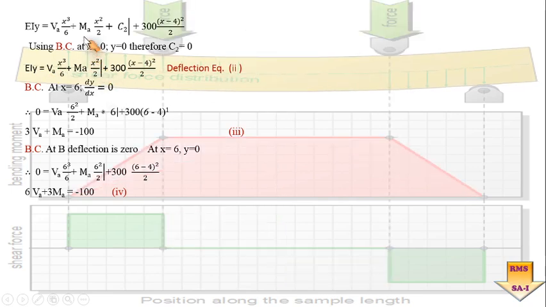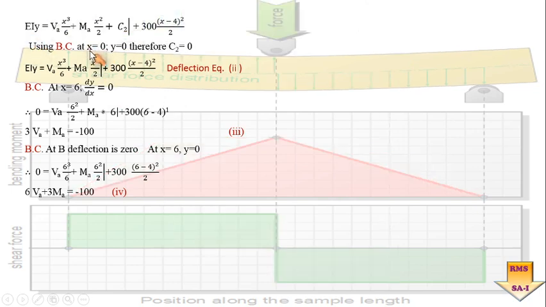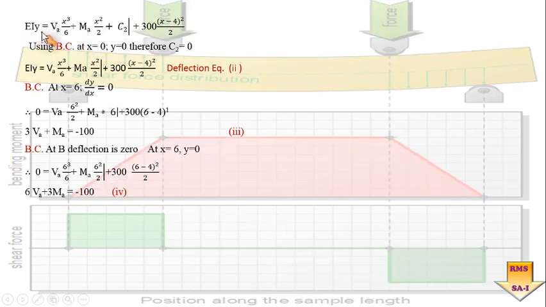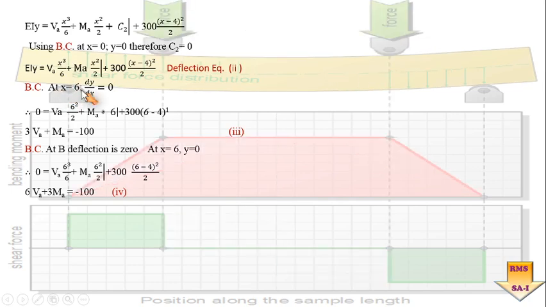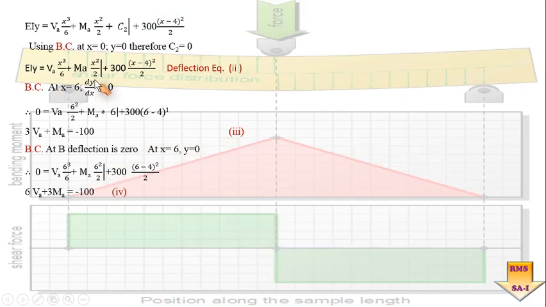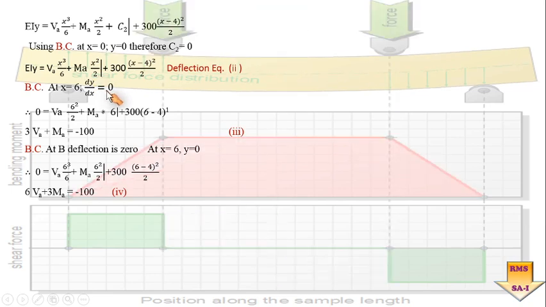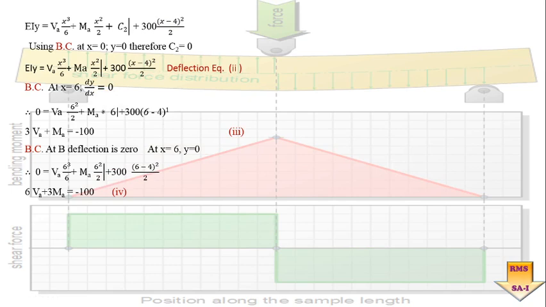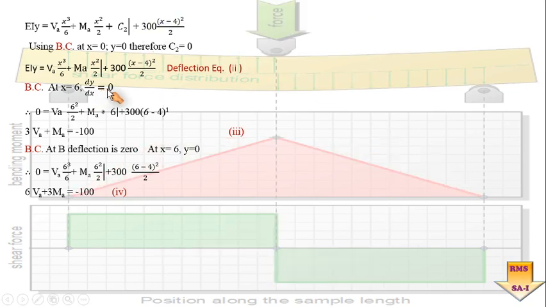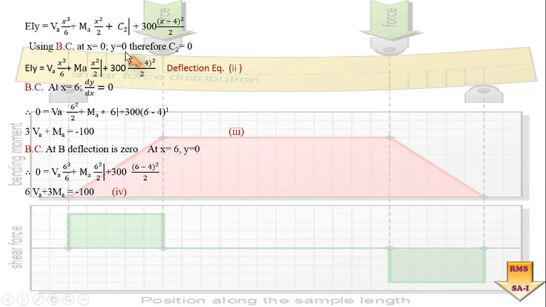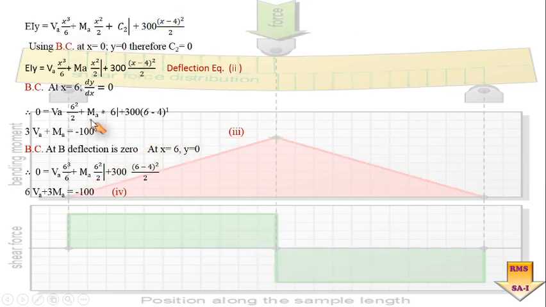Now by this time we have simply talked about when x was equal to 0 for the slope as well as for the deflection. Now let us talk in terms of the total span where x is equal to 6. So again at x is equal to 6, dy by dx should be equal to 0. Is it okay? Why is it equal to 0? Because it is a fixed end at point B. So again the slope at fixed end is equal to 0. So again substituting that in the slope equation, you have this particular equation.